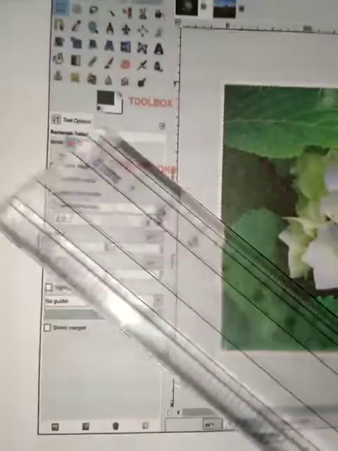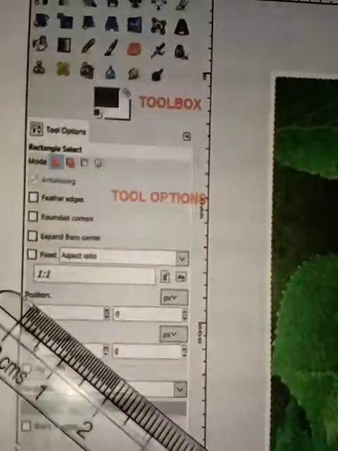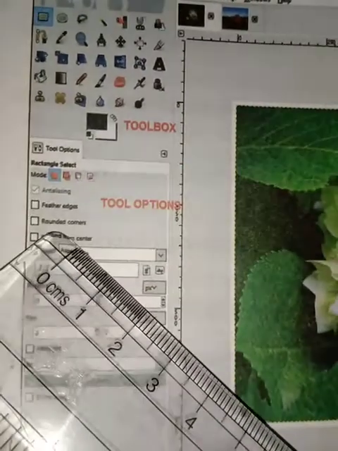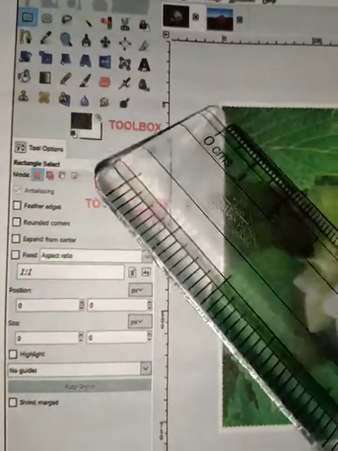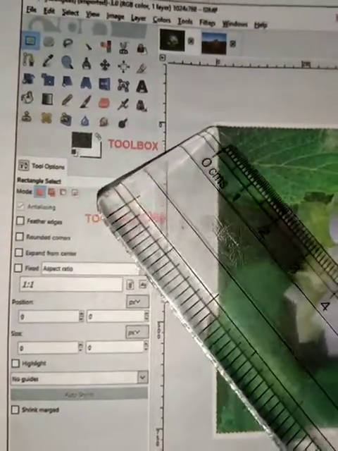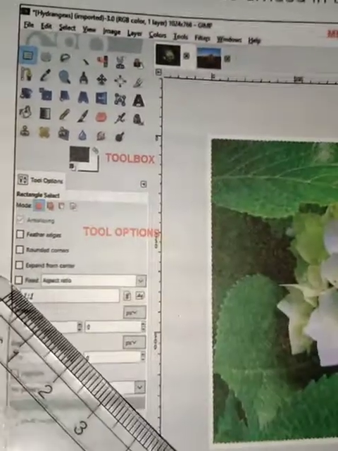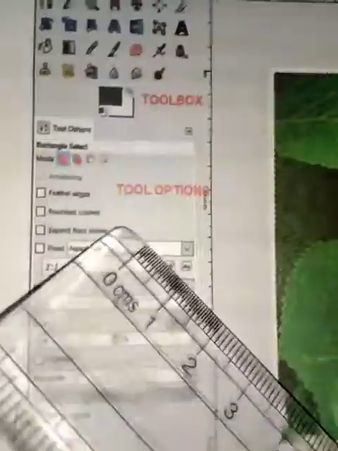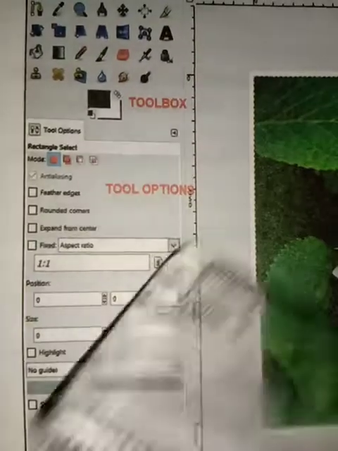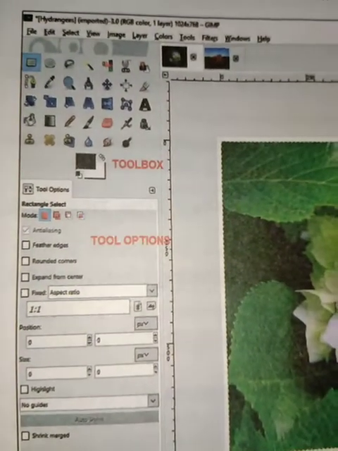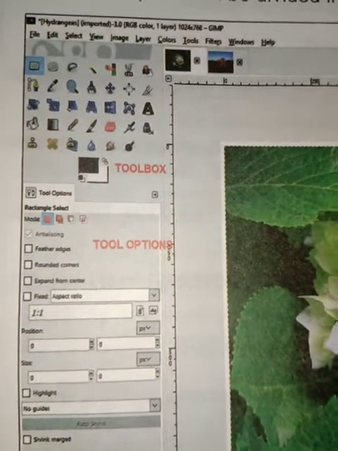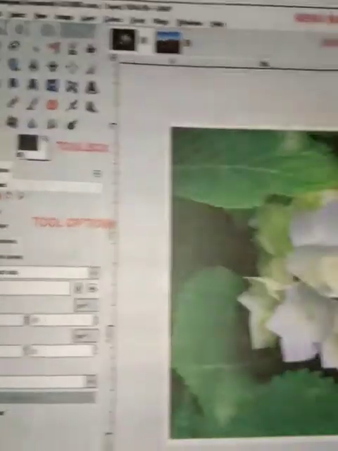And this is your tool options part, where you can see rounded corners. If you want to make the image corner a curve, then you have to check mark this rounded corner. So these are some of the features, like you can change its size and position. This is your tool options.